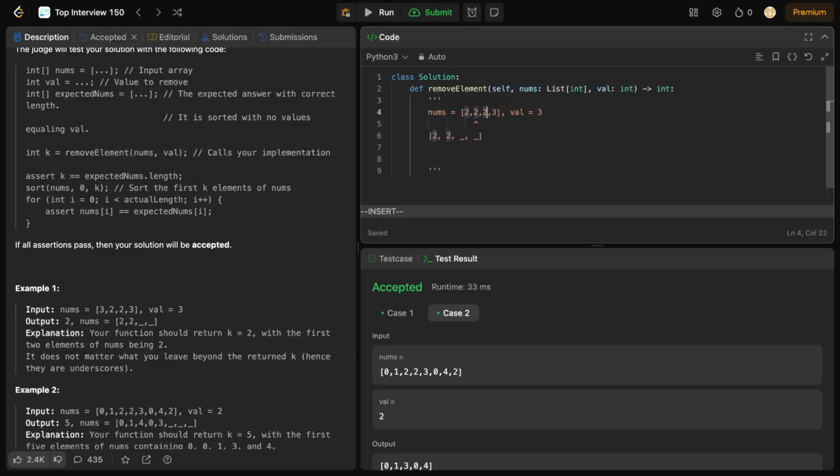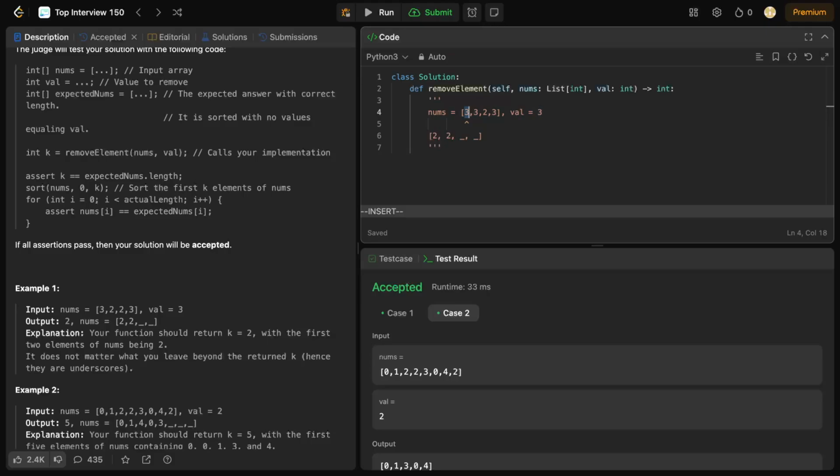So when we get here, we would observe again that 2 is an element which is not equal to val. So we can simply override it, although in this case it doesn't change anything. This would basically just replace whatever thing we're pointing at. And the good thing about doing it this way is, suppose we had 2 3s here, and if we were pointing at the first index here, what would happen is as we're looping through